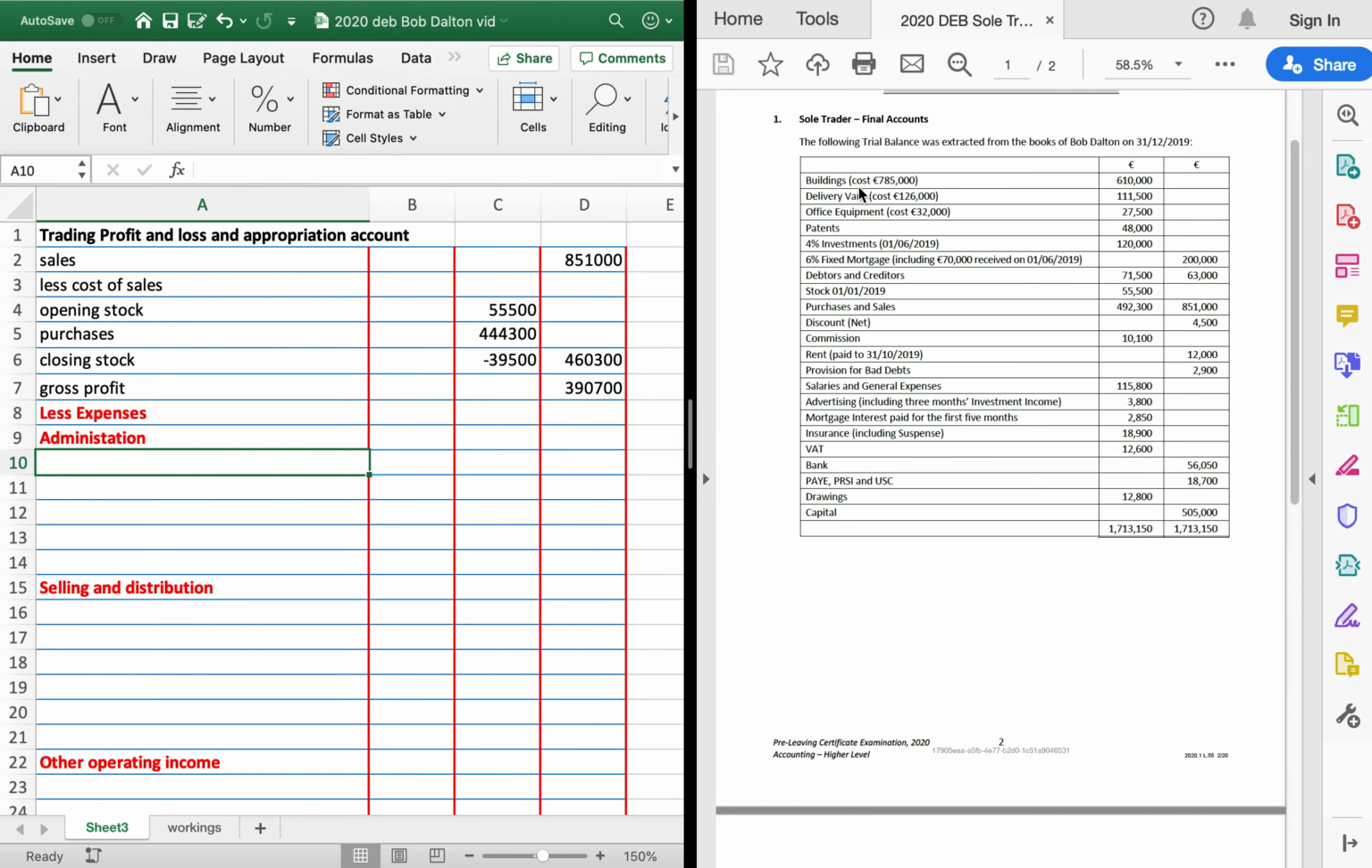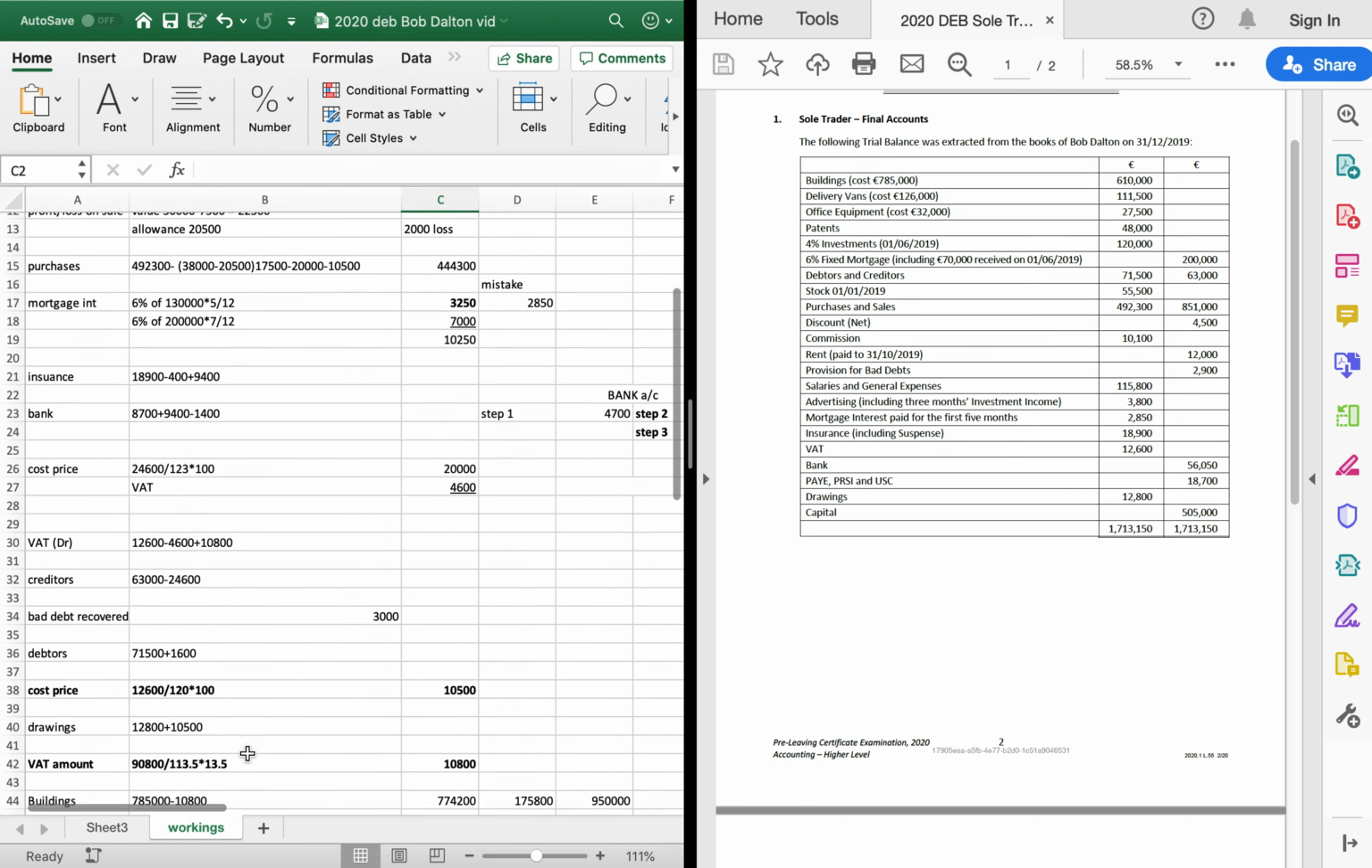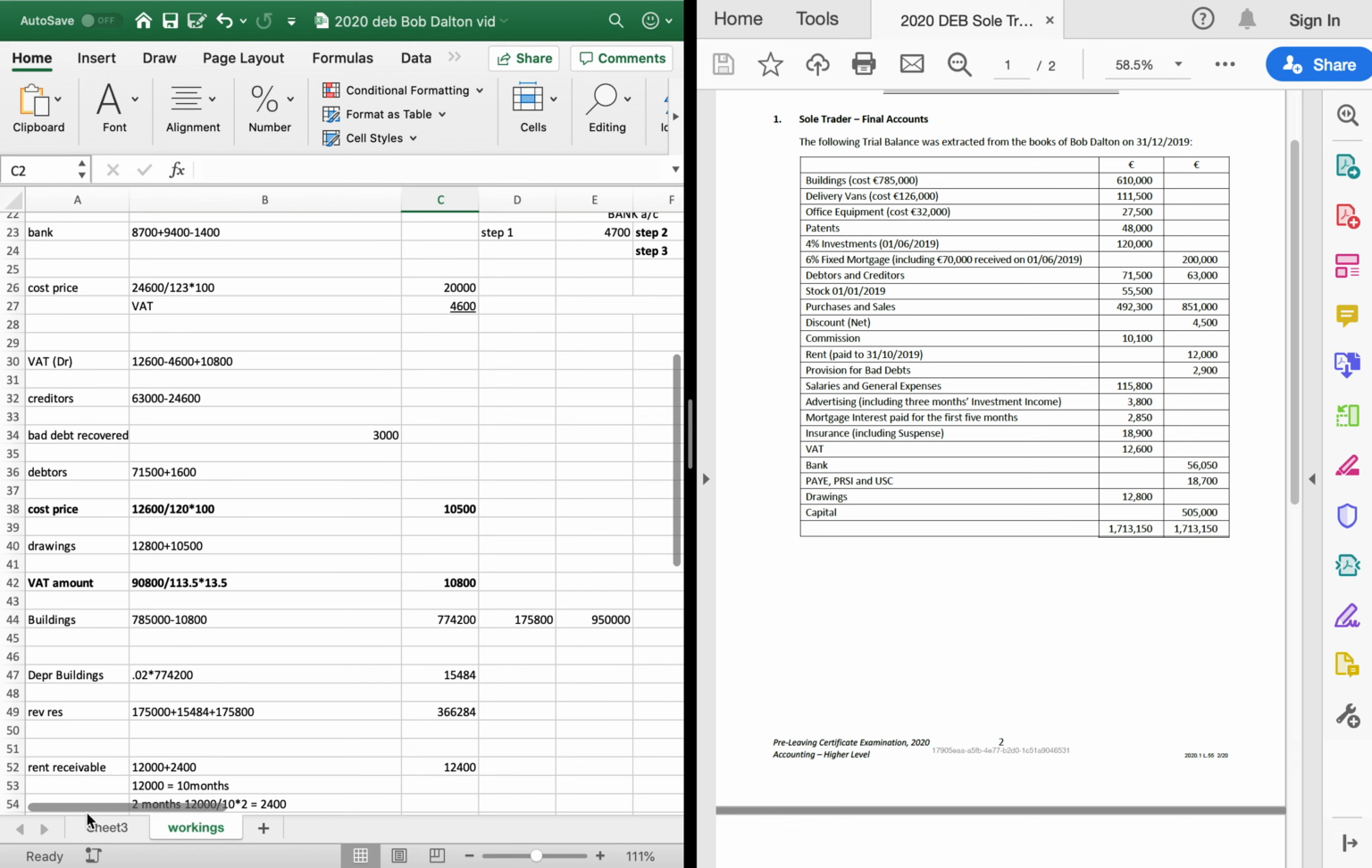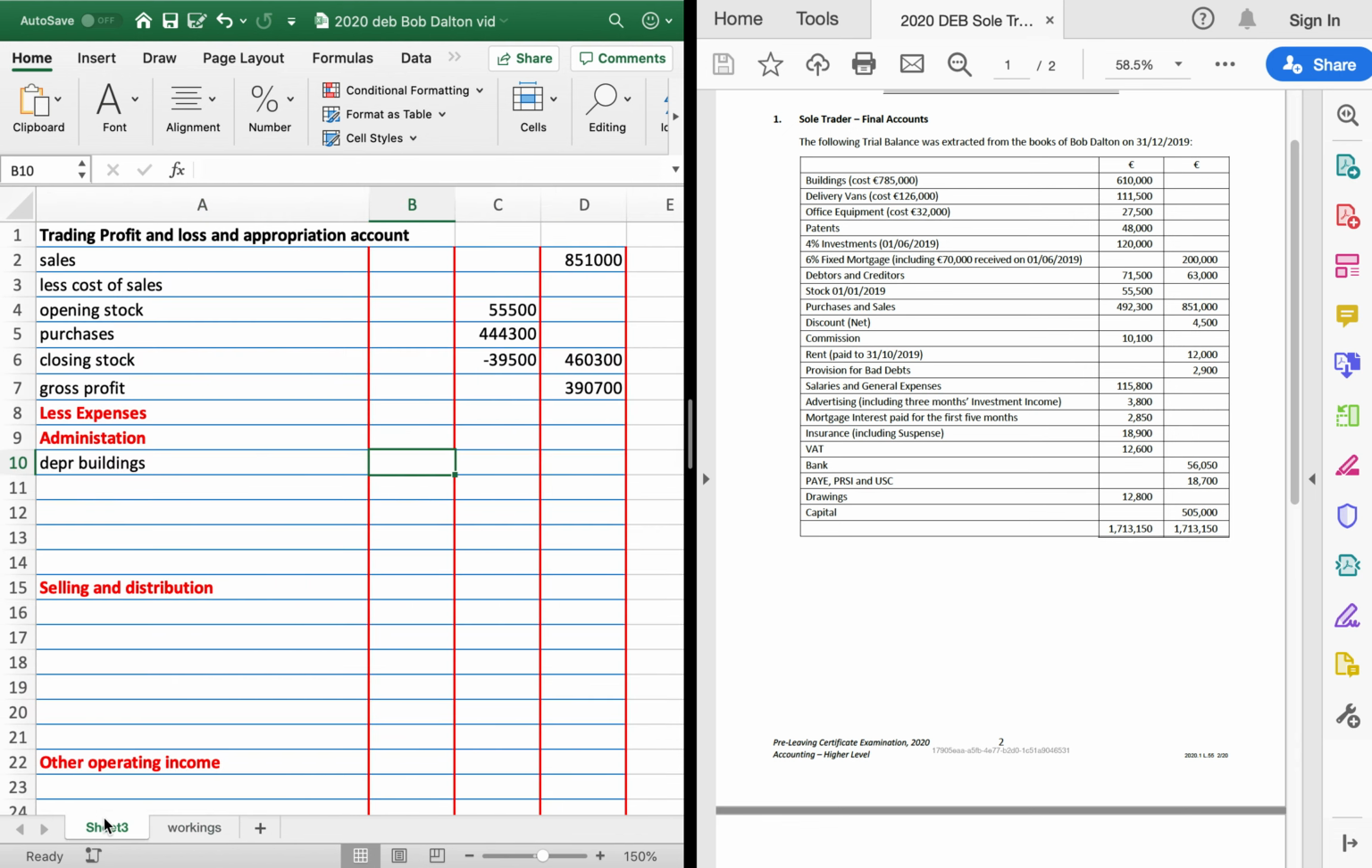So we've obviously got our depreciation of delivery vans, and depreciation of buildings in our domain. So that was 15,484. Then we have depreciation of office equipment. That's 3,200. We will have,